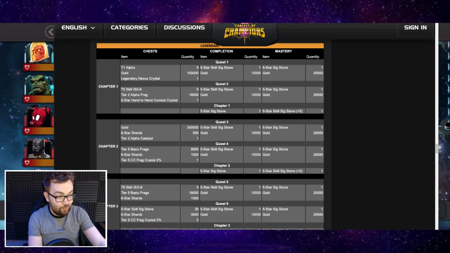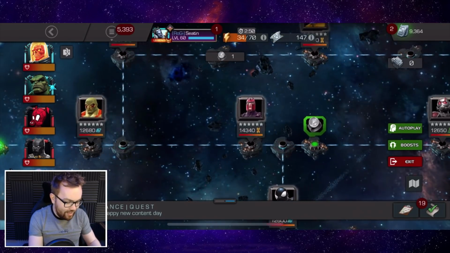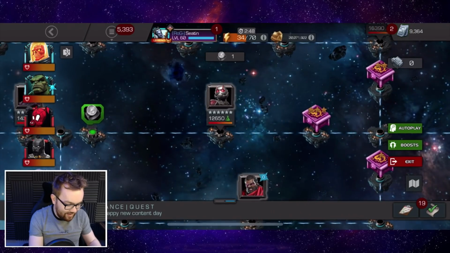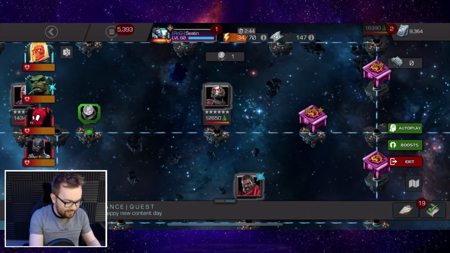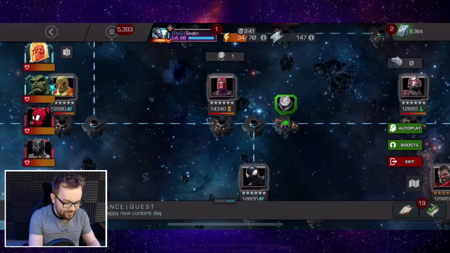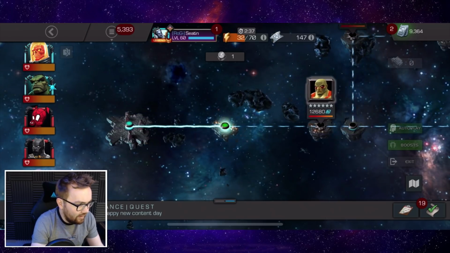but also in quest number 1 there is a legendary nexus crystal, but again it doesn't tell you what rewards are where. You've just got 3 mystery chests there. So I'm assuming chest level 3, the middle one, is probably going to be the legendary nexus crystal here. So let's jump in and go for it, man, and hopefully we do have the right